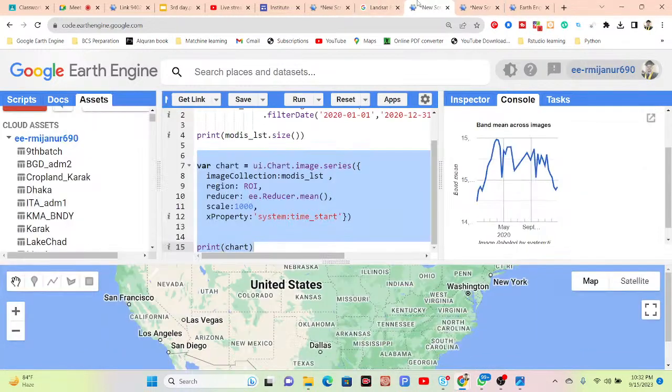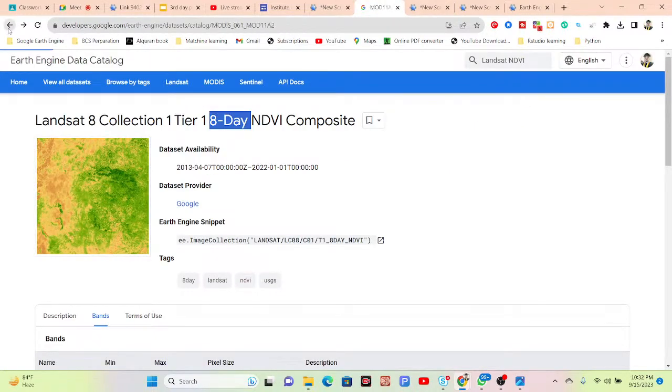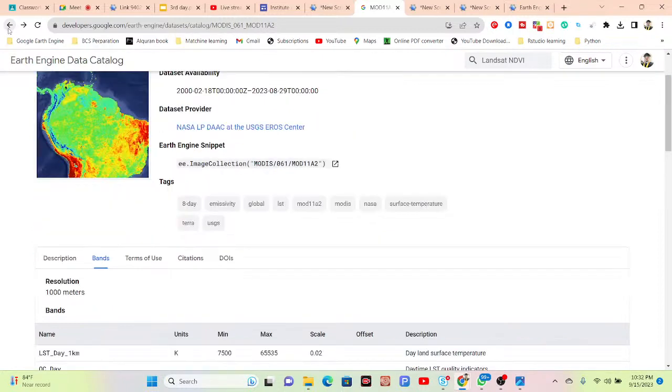Okay, so now we talk about MODIS. Our chart is fine, there is no problem, but we face a problem in our data set. This data set I need to reproject, then I can get the proper result. They already provide the scale for the data set, 0.02, so using this scale we have to apply it and then make the result. As you can see, 0.02, and the unit is Kelvin, so we can easily convert it to degrees Celsius. So now we can do both things: reproject with the scale value as well as convert the unit from